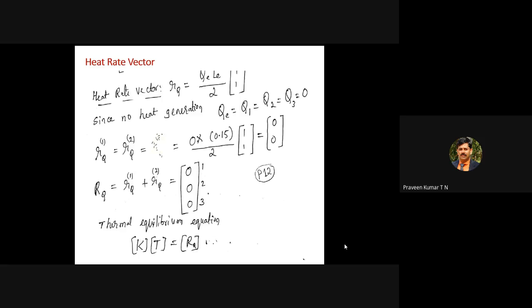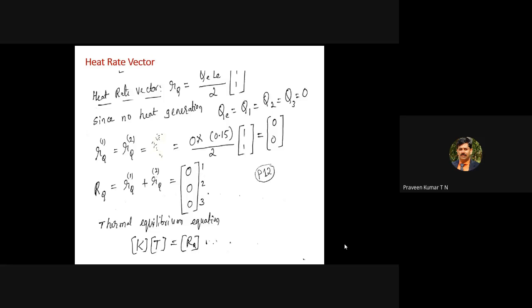Then there is one more vector, the heat rate vector or heat generation vector. Heat generation vector is nothing but, within the element there may be a heat generating element. I always give the example of the iron box, where inside there is a coil, a heat generating element. Or consider an immersion coil: if you immerse the heating coil into a bucket, and consider the whole bucket as one system, there is a heat generation element within the bucket. Even though in this problem no heat generation element is given, I have added the heat rate vector, even though it is 0, 0, 0, so that you have an idea.